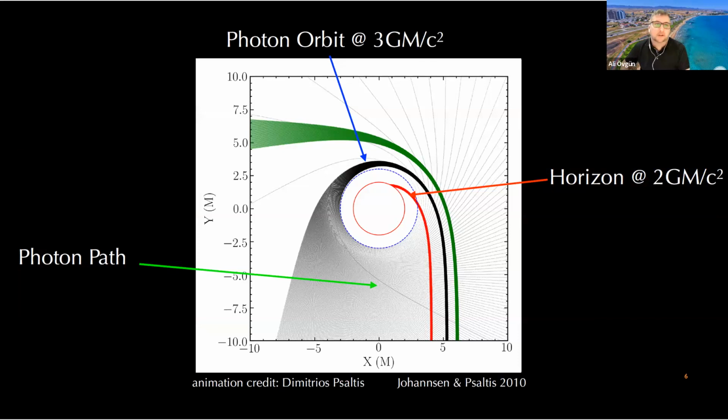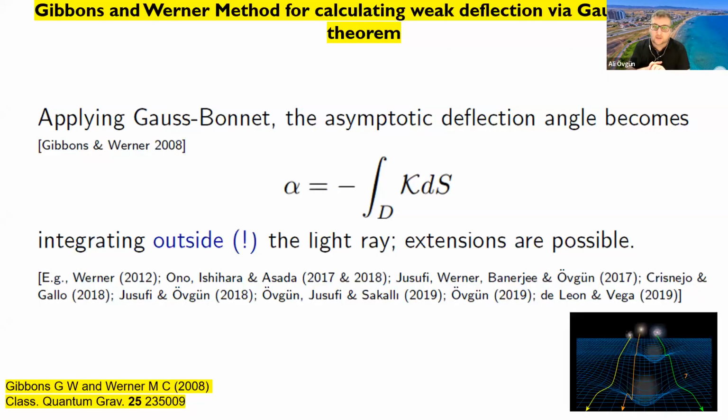For this purpose, for studying the deflection angle and weak deflection angle, we use the Gibbons and Werner method. Gibbons and Werner presented another approach to gravitational lensing theory, which emphasizes global properties. Specifically, they consider the astrophysically relevant weak deflection limit, not in the impulse approximation, but treat the light ray as a spatial geodesic of the optical metric,